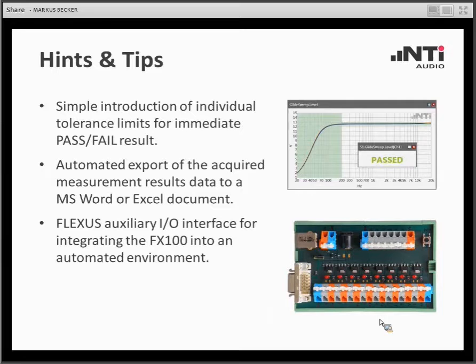The board that you see here is just an auxiliary device for connecting this interface to peripheral devices. By the way, this topic has also been covered in its own webinar in the past that you will find on our website.